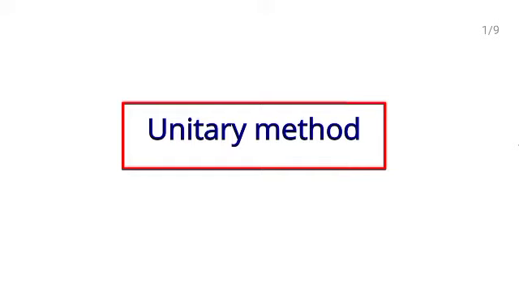Students, today we are starting exercise 8C, which is based on the unitary method. So first of all, we need to understand what the unitary method is. In the unitary method, we start with the unit. Unit means 1. For example, they have given the cost of 25 pencils and they are asking the cost of 75 pencils, or you can say 80 pencils, suppose, right?